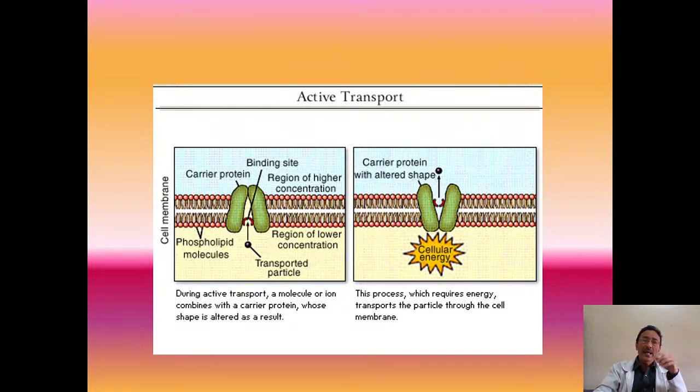Now let us see this active transport. The same thing I have depicted again for a better understanding. There you will find that there is a bilipid layer. The bilipid layer is nothing but the cell membrane. The phospholipid molecules are present. The tail ends are facing towards each other. The head ends are towards the other extreme ends. One head end of the bilipid layer is towards the outside, that is towards the blue part, and the other head, that is the phospholipid layer, is facing towards the inside of the cell membrane.